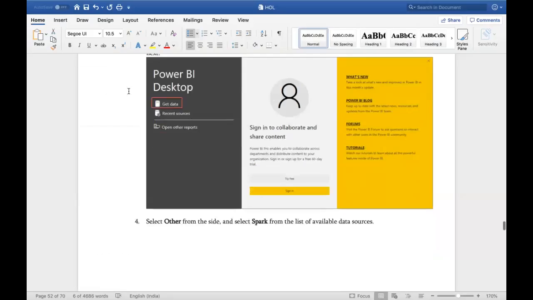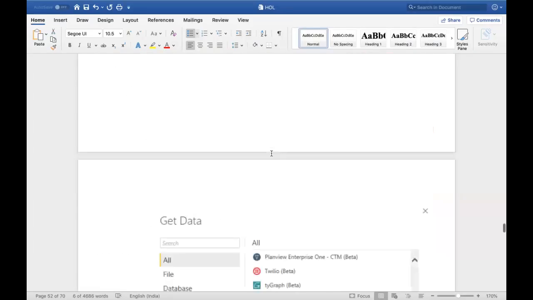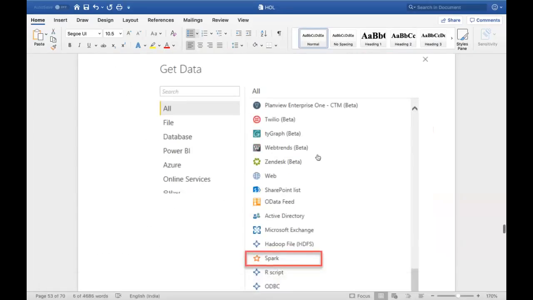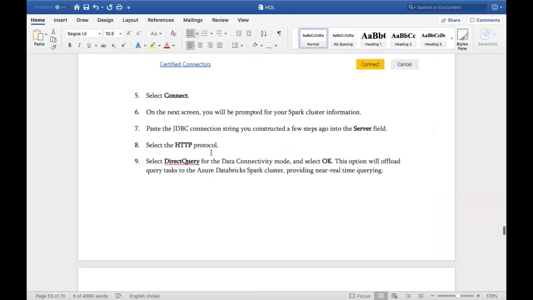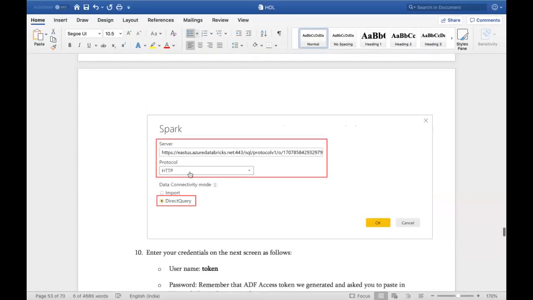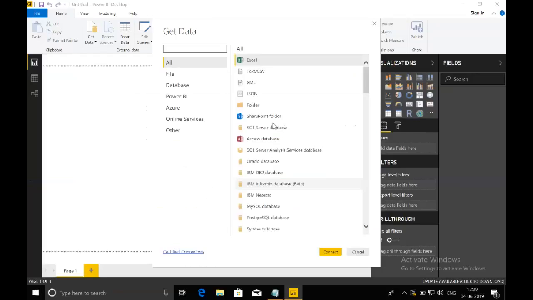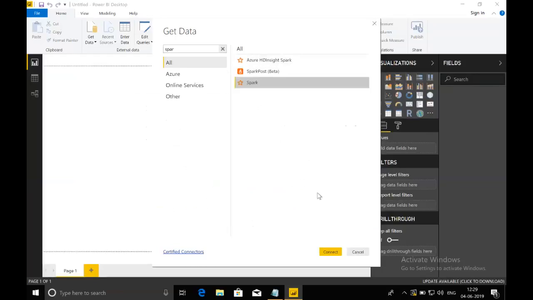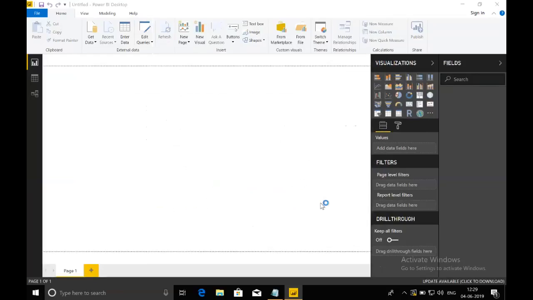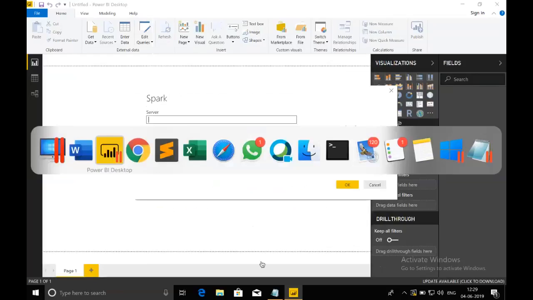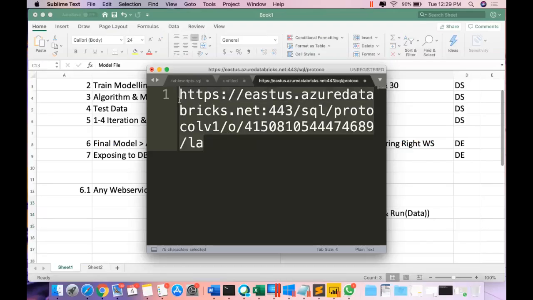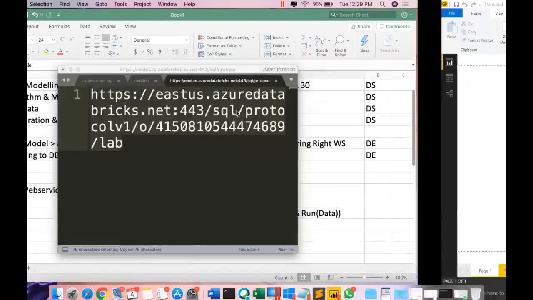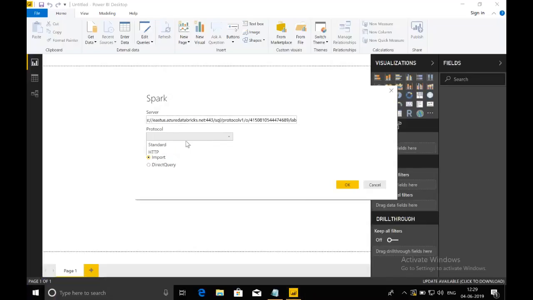I'll get data here and go with Spark. Mention Spark and give the Spark path, whatever JDBC connection we have, and say direct query. Let's see what happens now. I'll go with Spark and connect. I'll copy this whole thing, paste it here, HTTP, direct query, say OK.